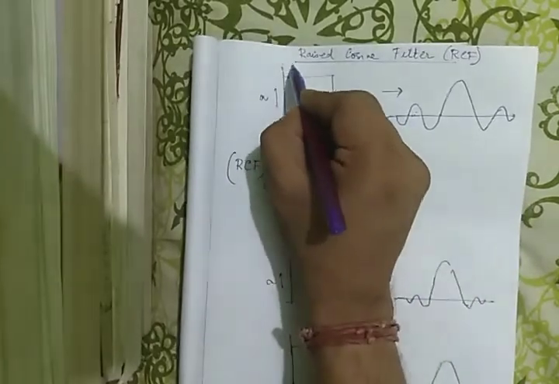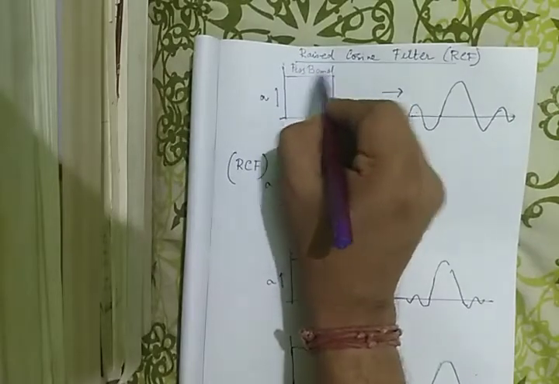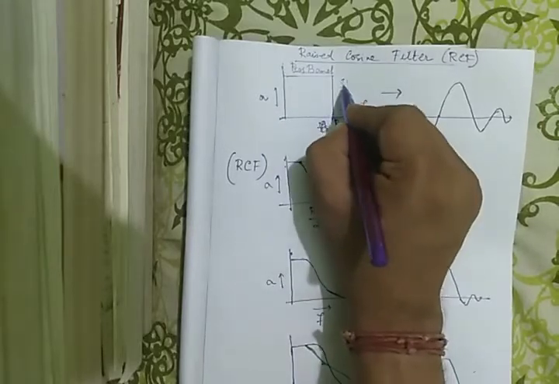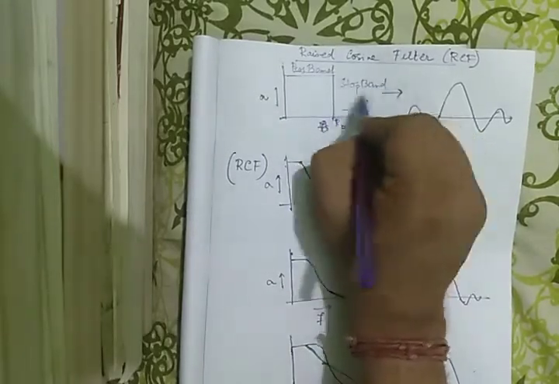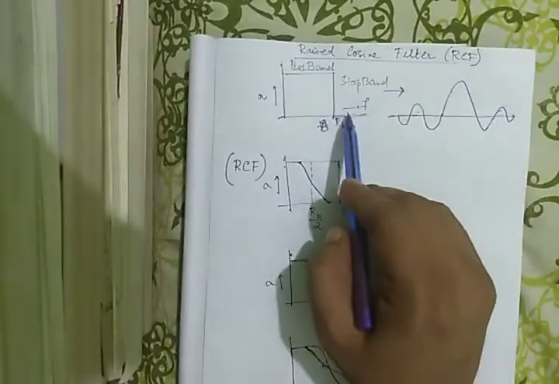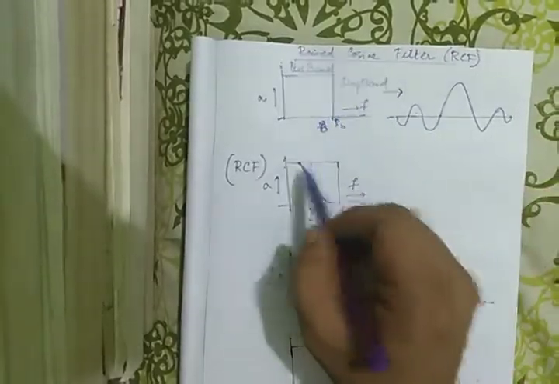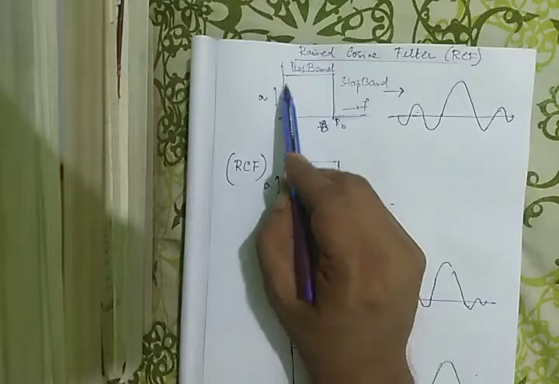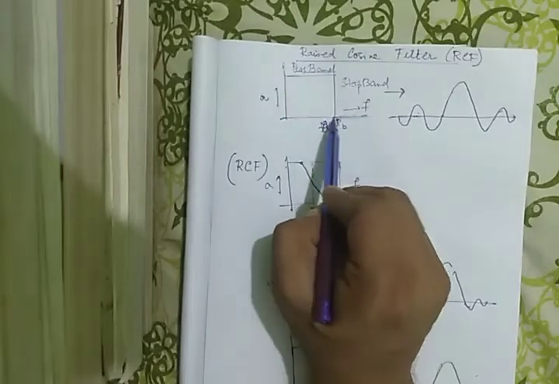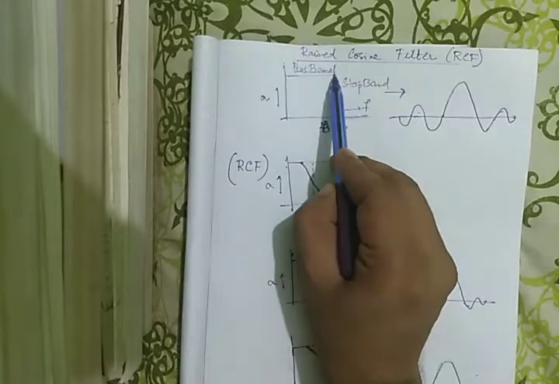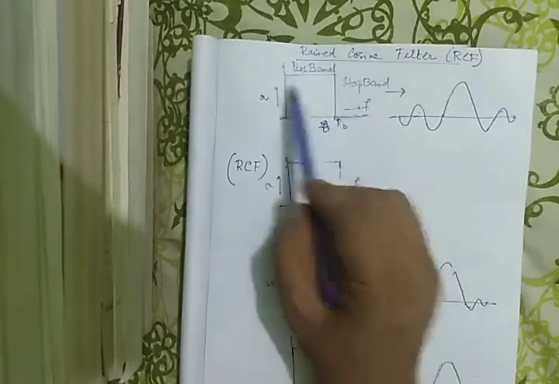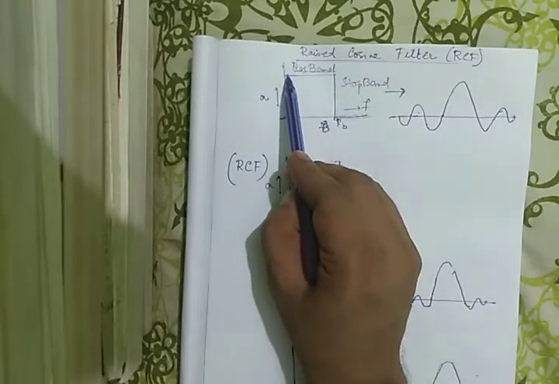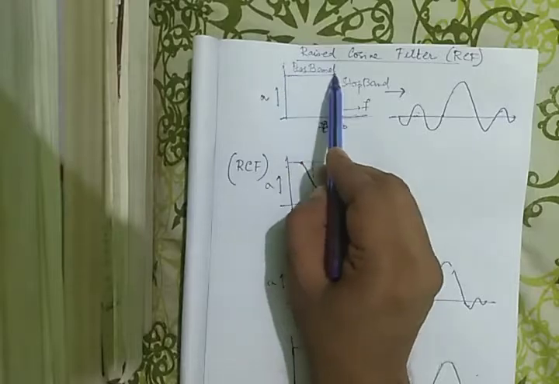So here we write the passband. This is basically the passband of the channel, which acts as a filter. Basically, the channel acts as a filter, and this is the stop band of the channel. So we can say the frequency spectra that we receive at the receiver end looks like this rectangular window. I can repeat that the frequency spectra of the received signal looks like this window.